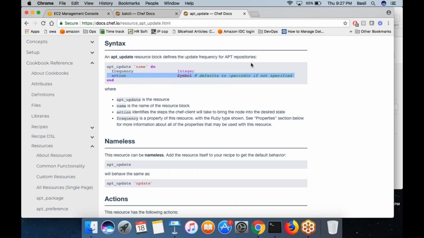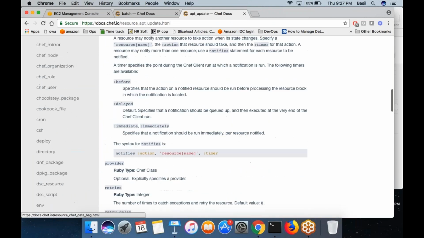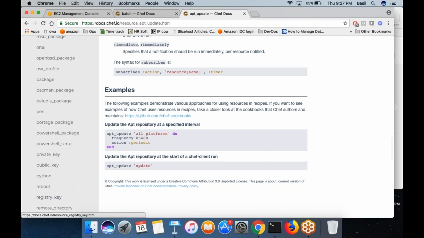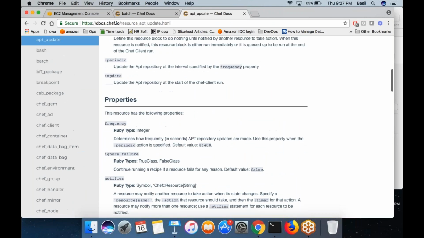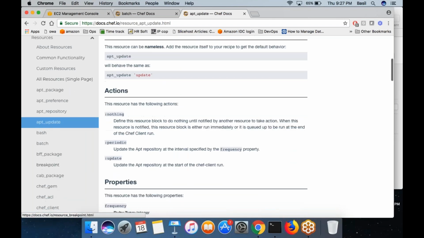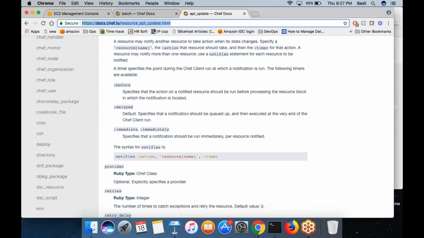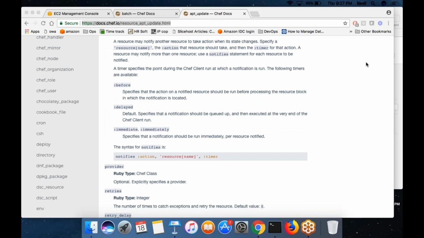So that's also something you can do, or the best thing is to just go through each and every resource here. Just understand what they are. Just read this summary. That's it. So that whenever you come across some situation where you want to do something, you will remember, okay, there is a Chef resource for this. For that reason, I want you to go through each and every resource that you have here. I'm going to send this link to you in the chat. Bookmark it.